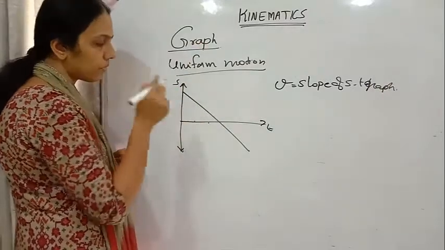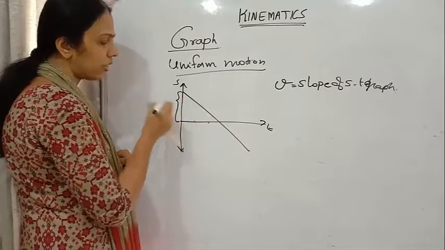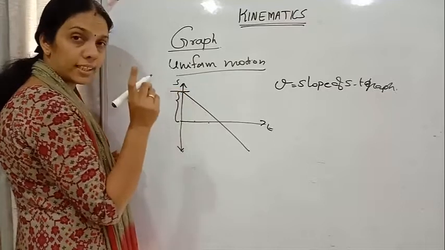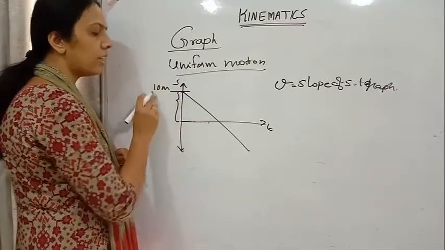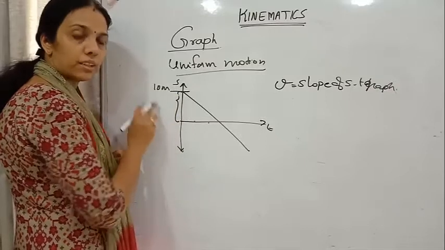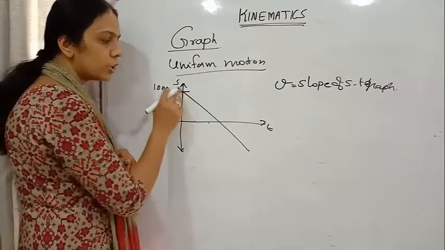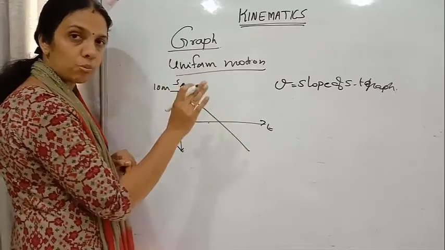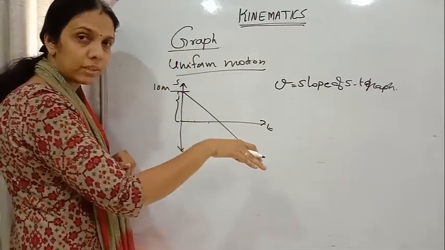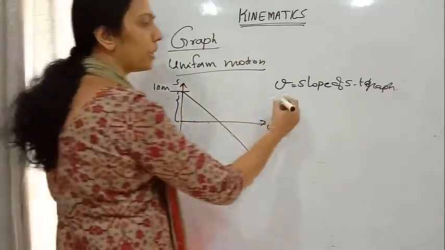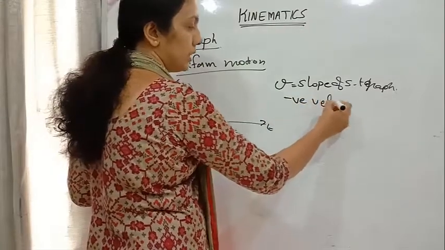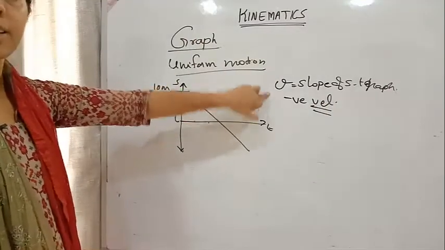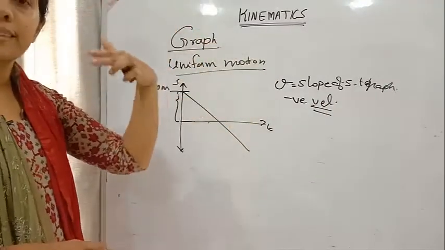Then next, how can we find out more? See here, initially when a person is starting the observation, the position is not at the origin. Suppose it is 10 meter. The initial position of the object is at 10 meter. Then it is a uniform motion, since the displacement time graph is a straight line like this. But the displacement is decreasing with respect to time. That means it will have negative velocity. So the graph is going down, then it is negative velocity.